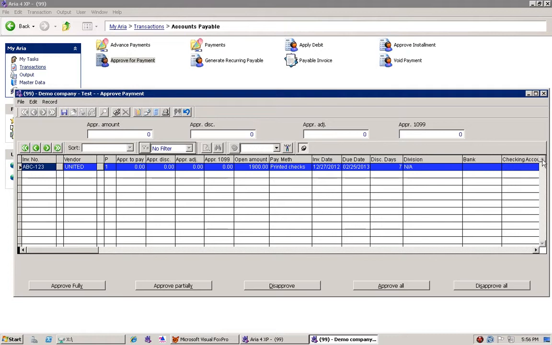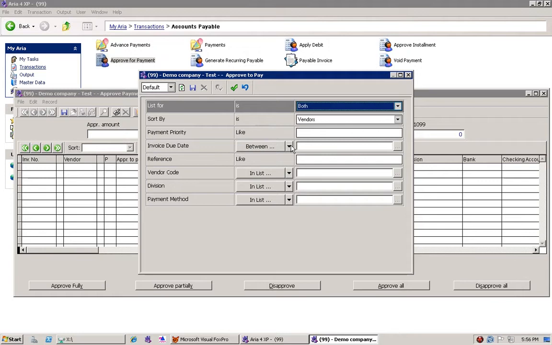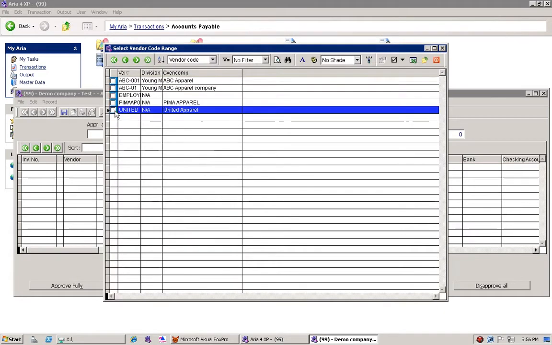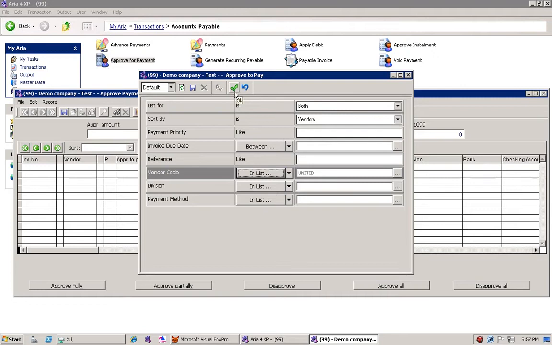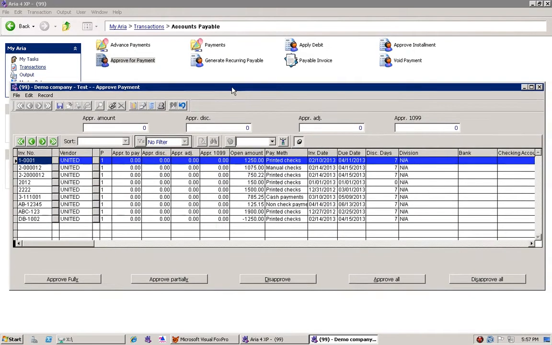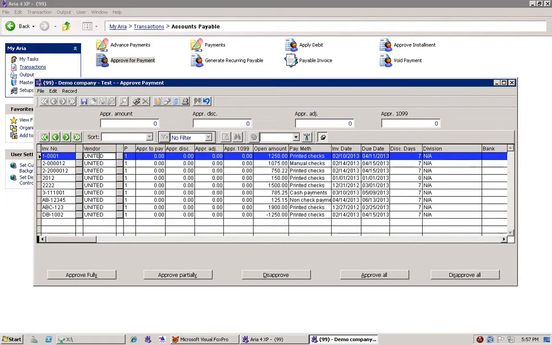So let me just redo the criteria to select a wider range of invoices. So let's say I want to select the invoices available for United Apparel, no matter what the due date is. So I want to approve invoices in a wider date range or by vendor. So once I apply my search criteria, the system will search and will give me all the invoices for United Apparel for the vendor code that I selected. It will be sorted normally by invoice number,